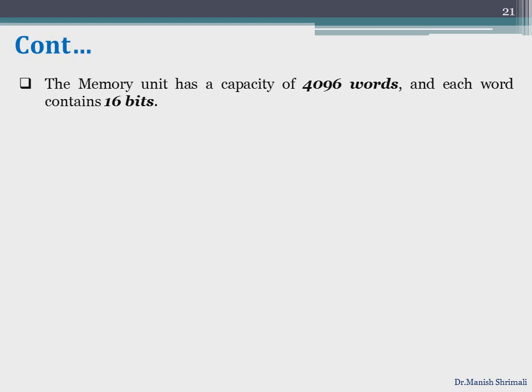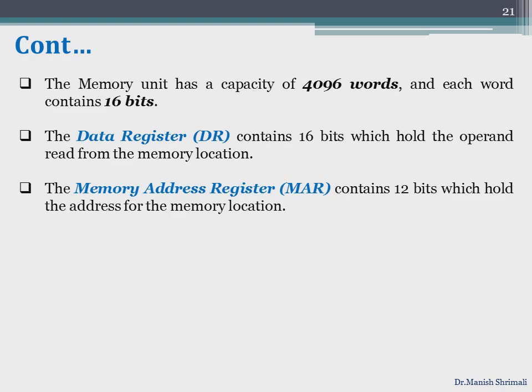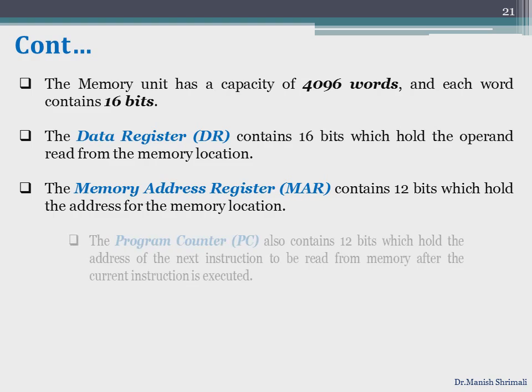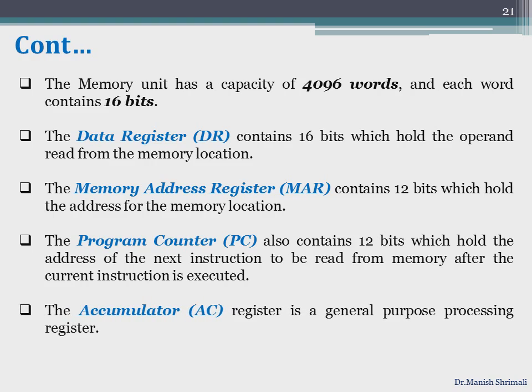Here you can see that the memory unit has a capacity of 4096 words and each word contains 16 bits. The data register contains 16 bits and holds the operand read from the memory location. The memory address register contains 12 bits which hold the address for the memory location, and the program counter also contains 12 bits which hold the address of the next instruction to be read from memory after the current instruction is executed. And the accumulator register is a general purpose processing register,